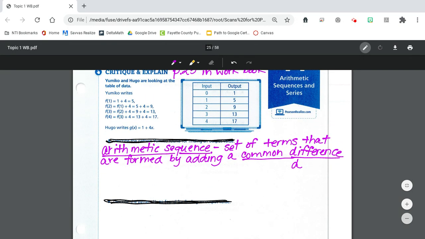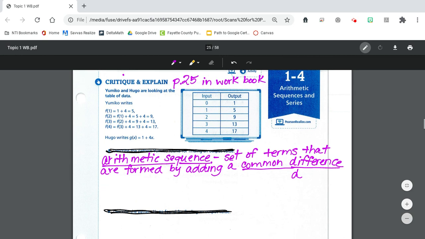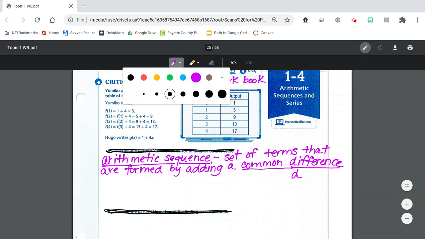So let's talk about an arithmetic sequence. And yes, I am saying arithmetic because that's how you pronounce it. It looks like arithmetic, but when we're talking about the sequence, we say arithmetic. So an arithmetic sequence is a set of terms that are formed by adding a common difference. So you see that table above, and